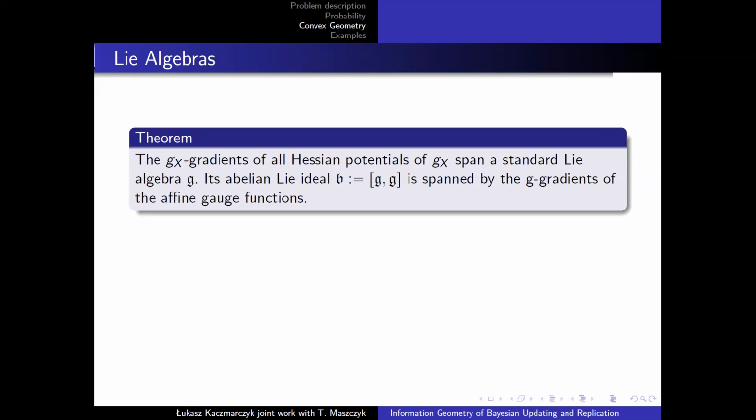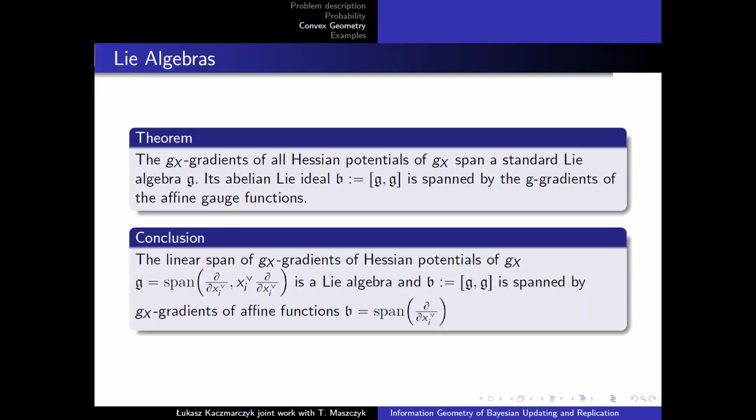Well, thankfully, if we look at the gradients of the potentials of our metric, they span a Lie algebra, and moreover, this Lie algebra has a really nice maximal normal subalgebra, which in fact is spanned by, I use X here, the gradients of the affine gauge functions. And if we calculate the formulas directly, we would see that these algebras have a really nice description